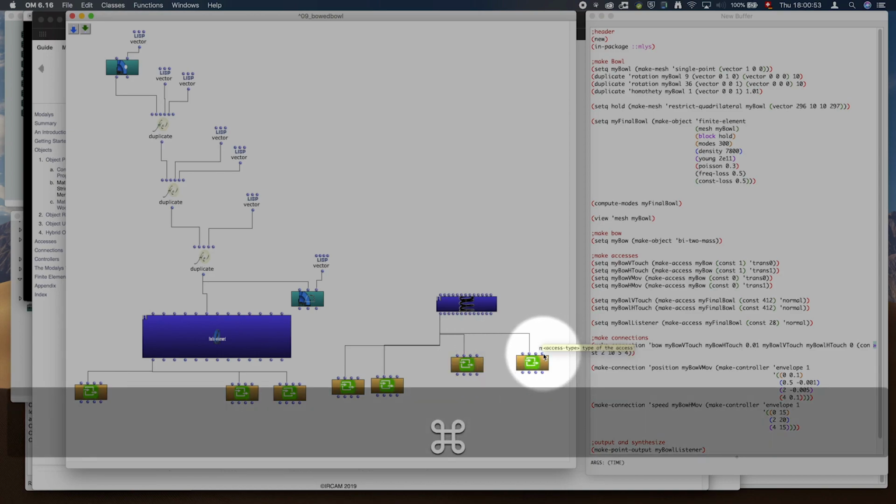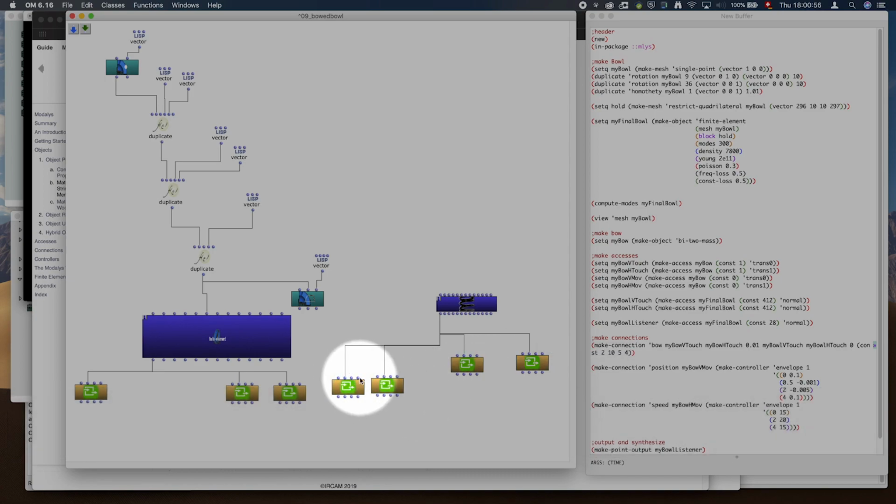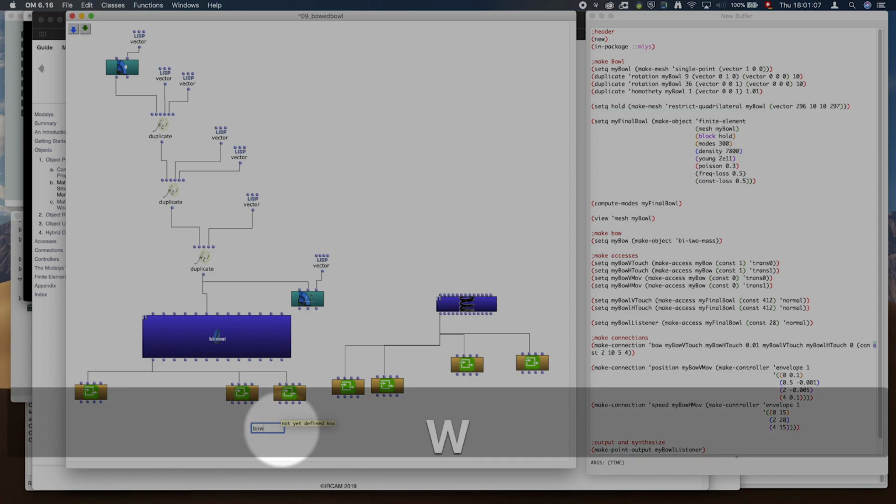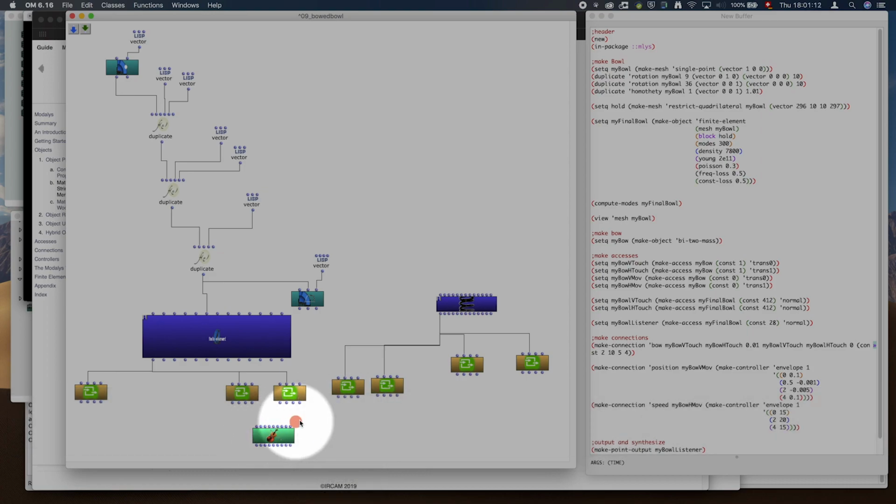So vertical and horizontal. Here the same thing, vertical trans 0, horizontal trans 1, and this is both at 1. Now we need the bow connection, mlis bow, which is going to combine all that together in a good way. So we combine first the bow. So bow is vertical, horizontal, the position